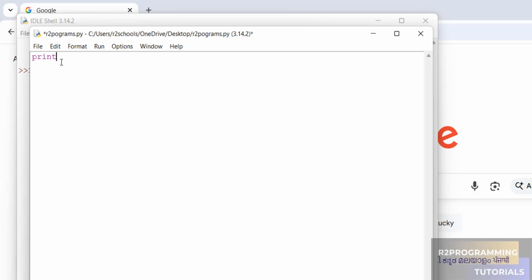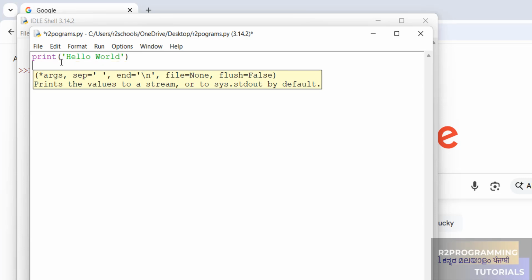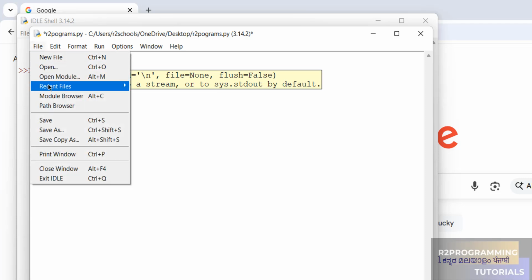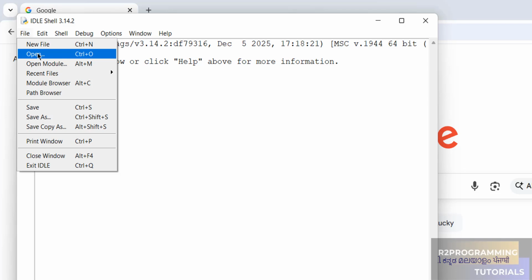Now you can print hello world, print the sum of two numbers. Save the file, close it. Now go to file and open file,